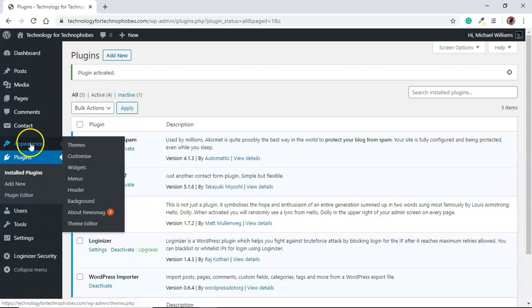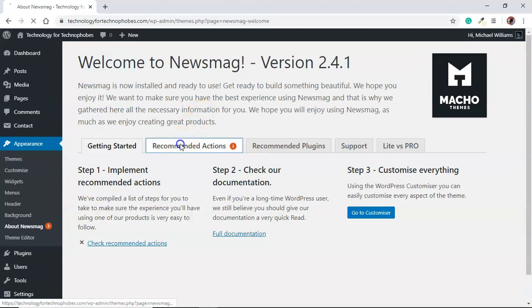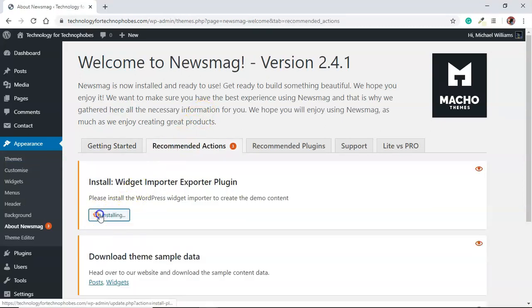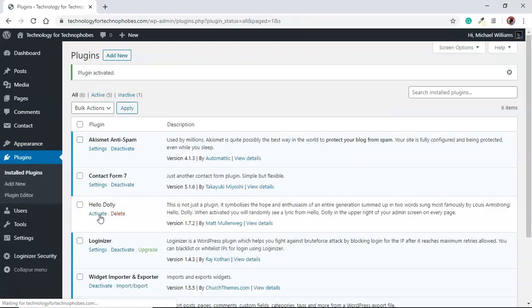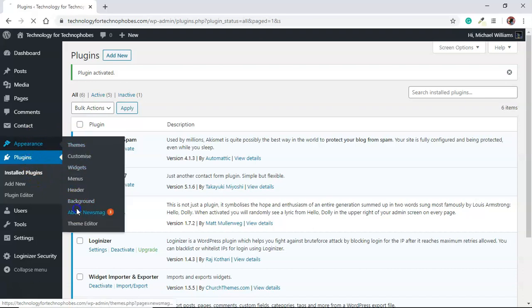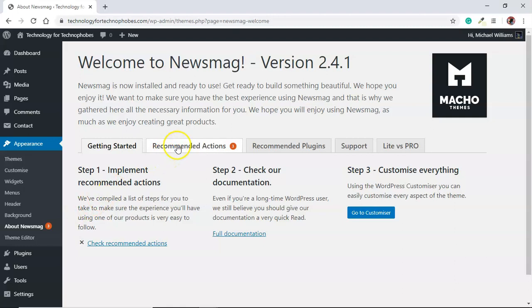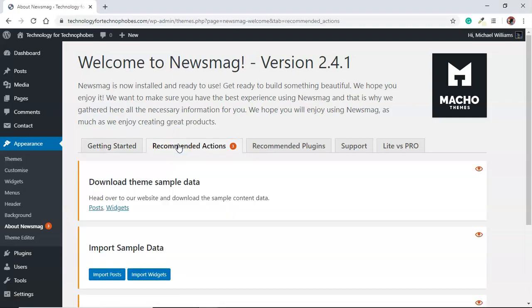Now we need to go back to About Newsmag. We've got 3 things more to do, so let's install this one. Okay. And let's activate that. Go back to here. Download theme, head over to